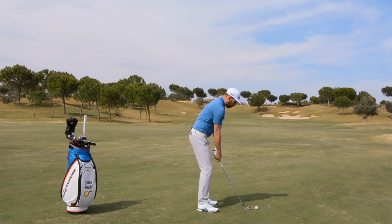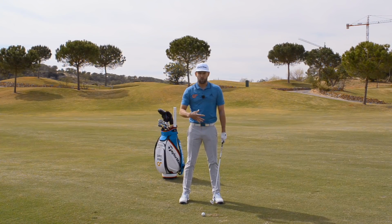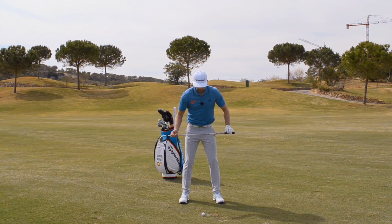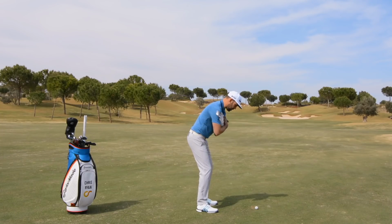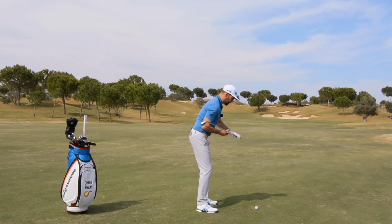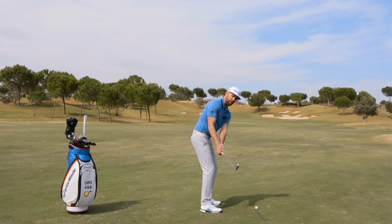So the idea for me would be to think about them in two different areas. We've got what the body's doing and we've got what the arms are doing, and we can almost work those individually and then put the two together. So the first thing I would get this golfer to do is actually just take the setup in posture and just rehearse moving away and allowing the hips and the knees to change flex as we do this. We can then start to add the golf club and we can start to find that nice blend of a little bit of arm fold, a little bit of forearm rotation and a little bit of wrist set, which is going to set that club